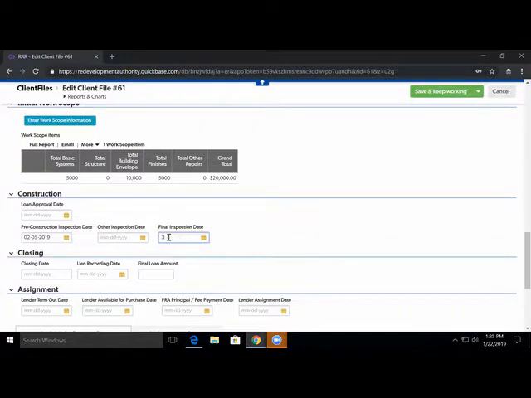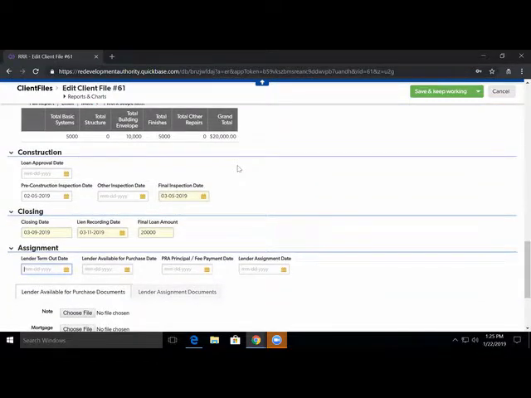And then we have our final inspection, which we're going to say is on the 5th of March. Our loan closing is on the 9th. The lien is recorded 2 days later. We didn't have any change orders that resulted in a change in the loan amount. Well, it actually wound up being $20,000. And so this is the important part of having it structured as a line of credit and not a term loan, because the final loan amount can be different than the amount that someone was approved for. And then we have our term out date,